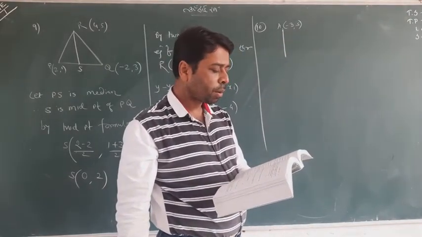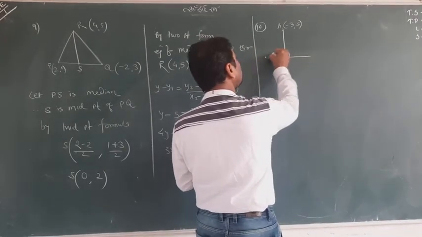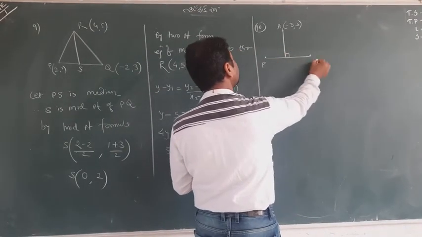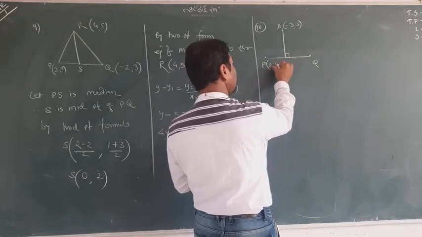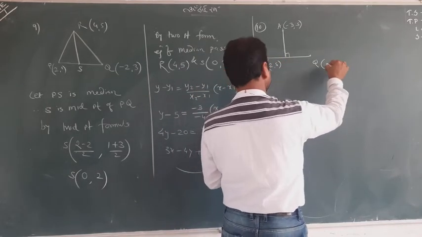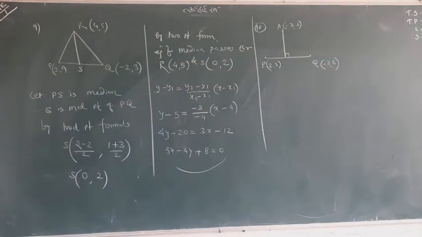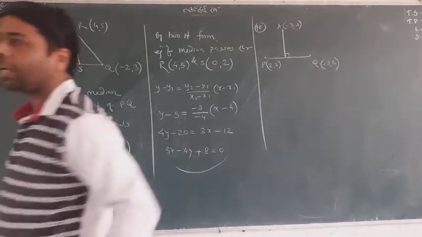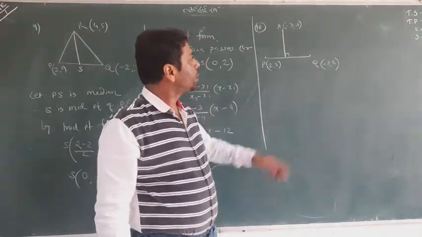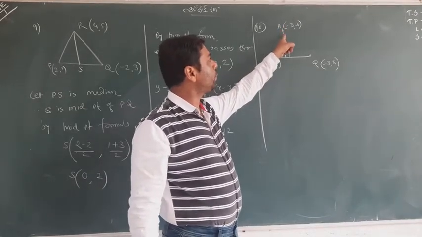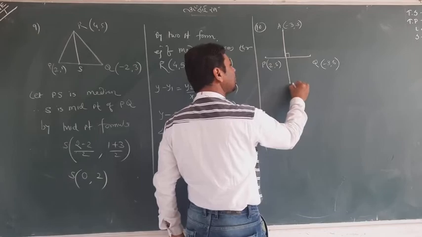and perpendicular to the line. It is perpendicular to the line joining the points, suppose P and Q. So P is given here as 2, 5 and Q is given here as minus 3 and 6. So many good concepts are hiding in this. So let me take you to the concept that you want to find the equation of this line. You have to find the equation of this line. Suppose it is AB.